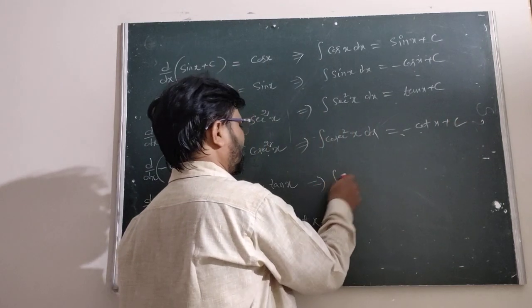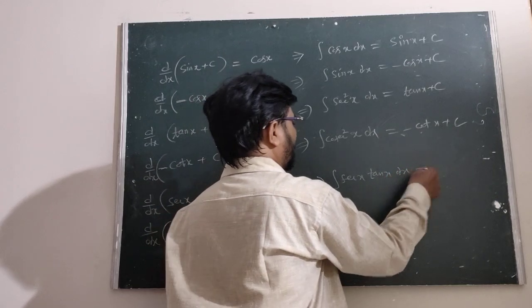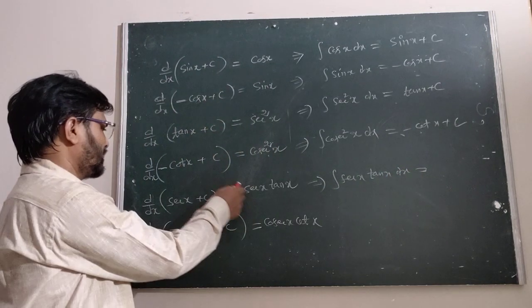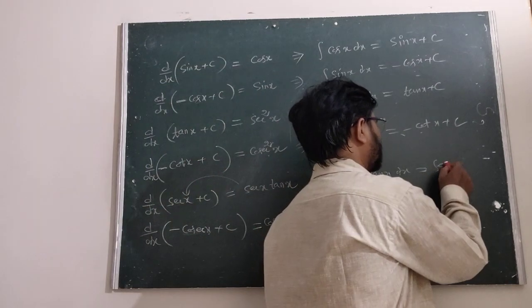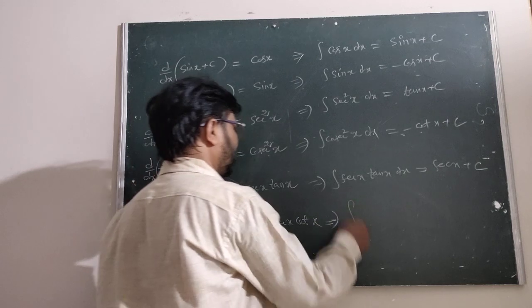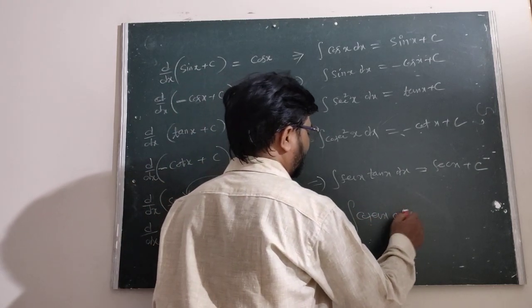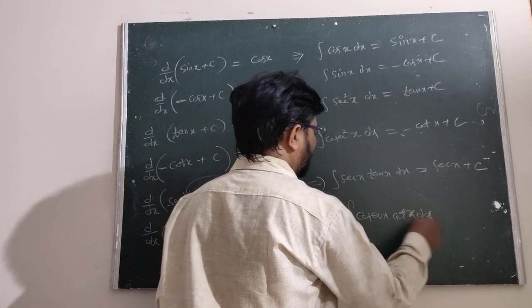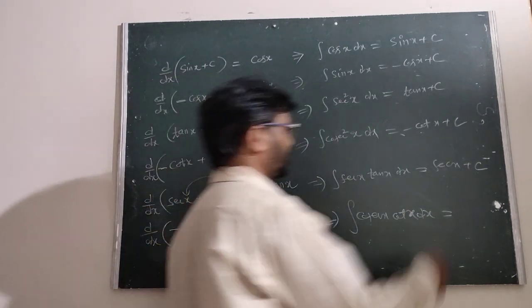Now the integral of secant x tan x dx is secant x plus c. Is it clear? Now we go to the integral of cosecant x cot x dx, which is minus cosecant x